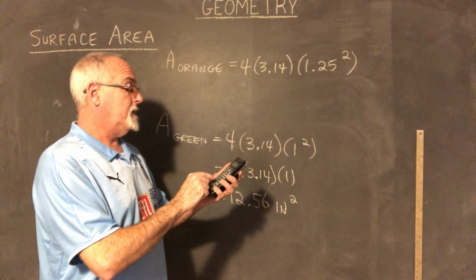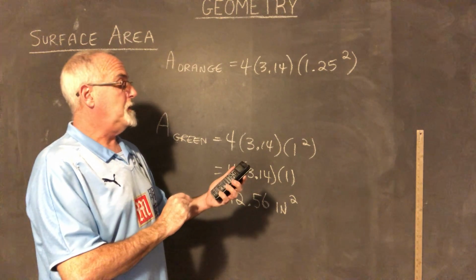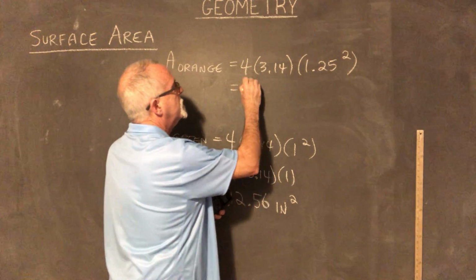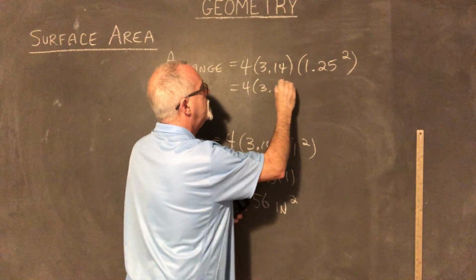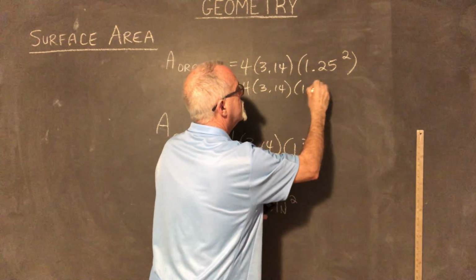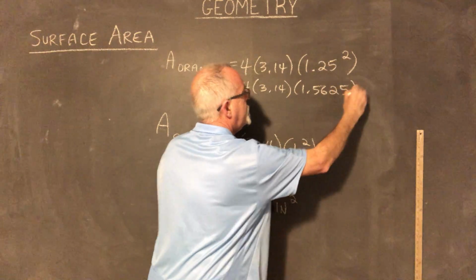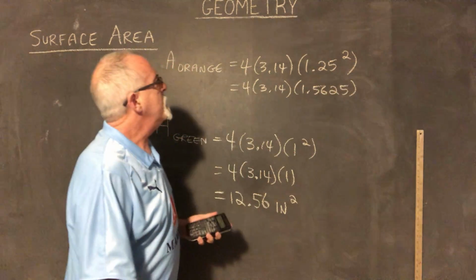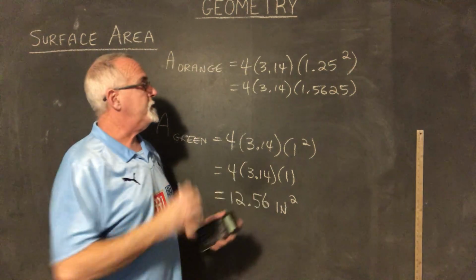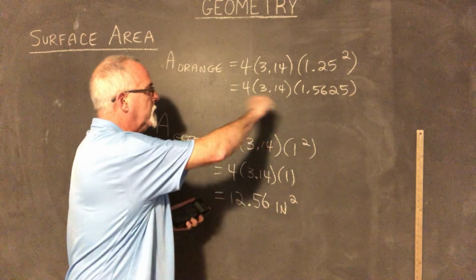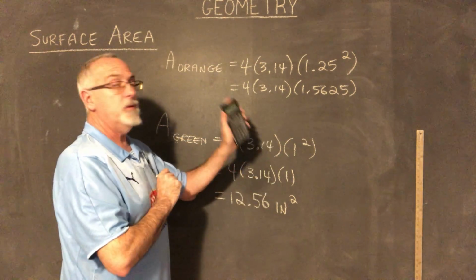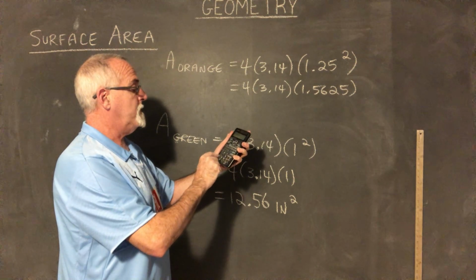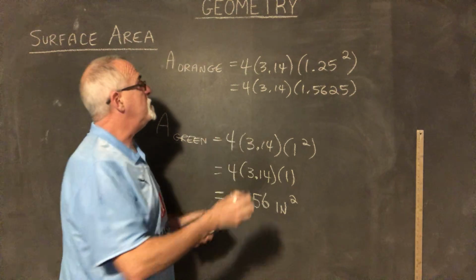1.25 squared, 1.5625. I'll write it 4 times 3.14 times 1.5625. But now it's all multiplying. I've done the exponent in the formula following the order of operations, so now I'm just multiplying. I'm going to multiply it all out at once. I already have 1.5625 in here, times 4 times 3.14, and I'm getting 19.625